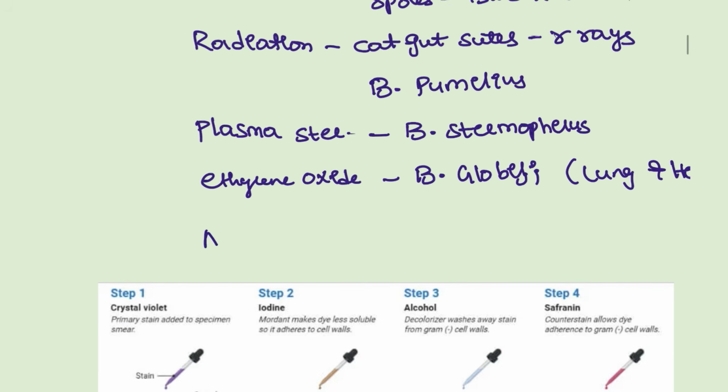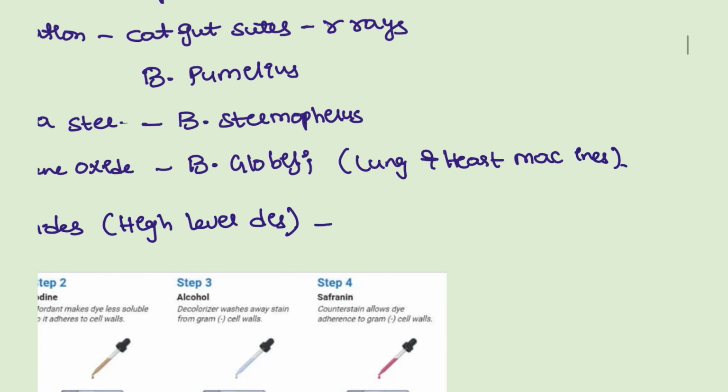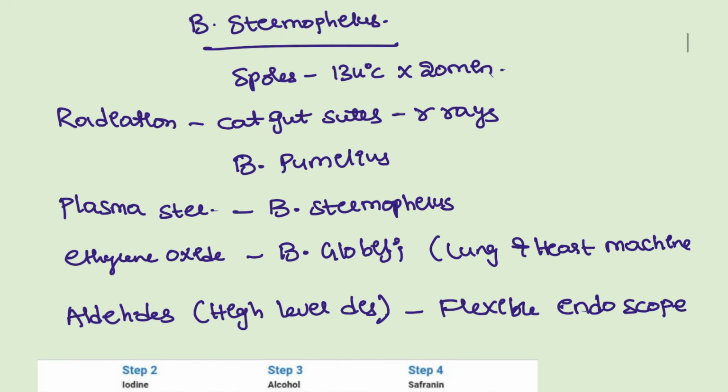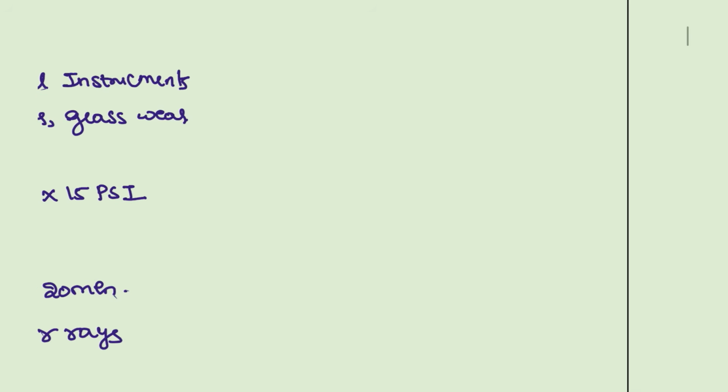Next, aldehydes. Aldehydes are classified as high level disinfectants. These are used as high level disinfectants for different flexible endoscopes. Whereas for liquid cultures,